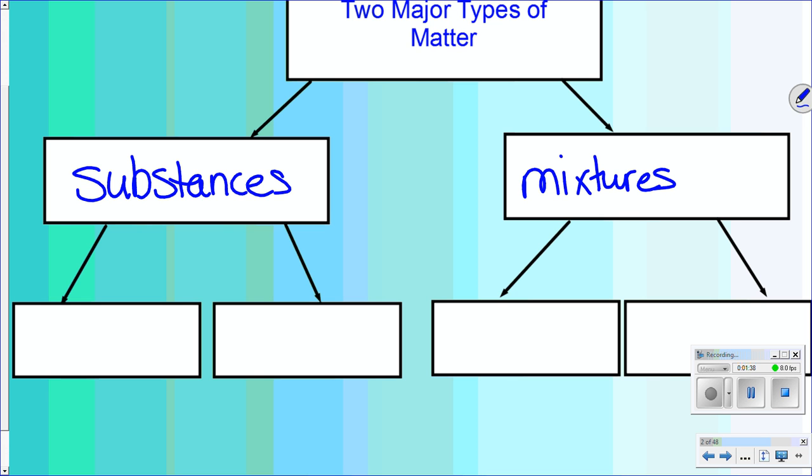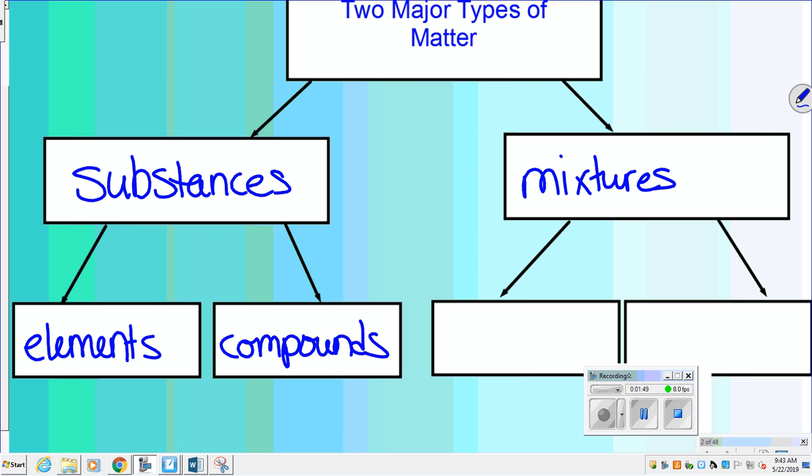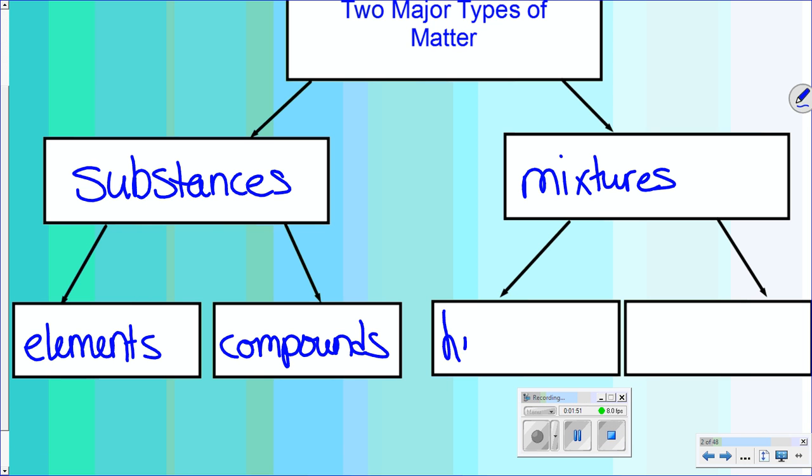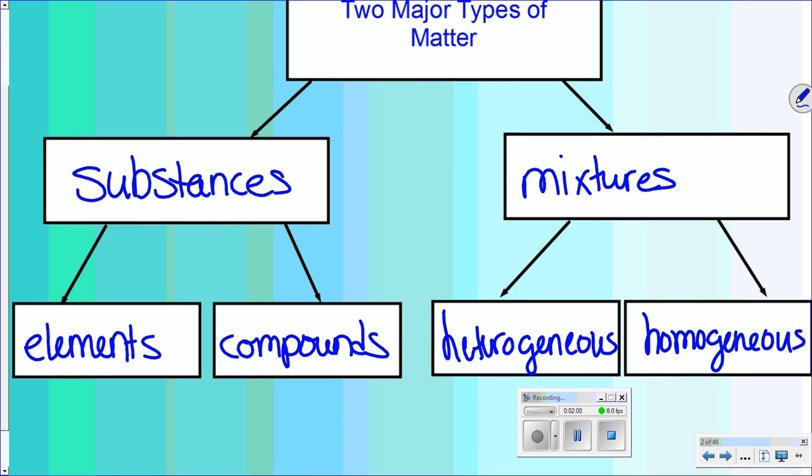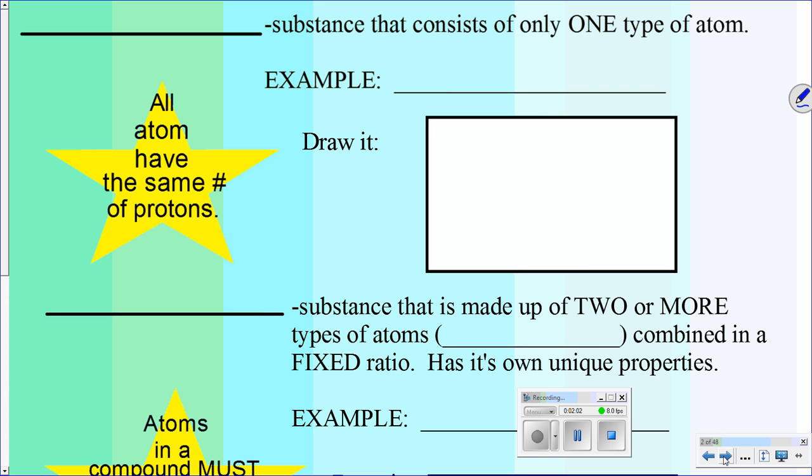So there are two things that we classify as substances: elements and compounds. There are two types of mixtures that we generally talk about: heterogeneous and homogeneous. So to break these down a little bit,